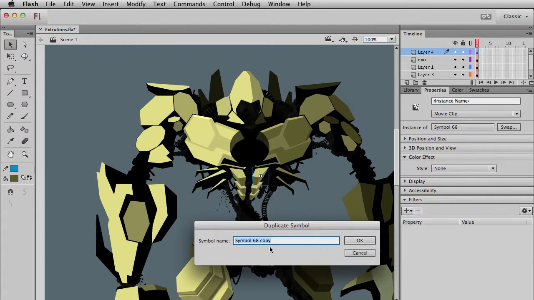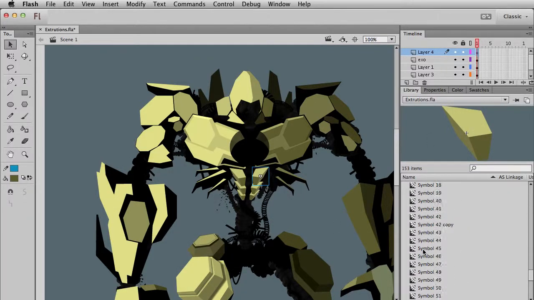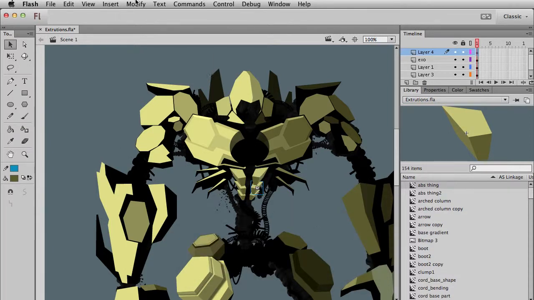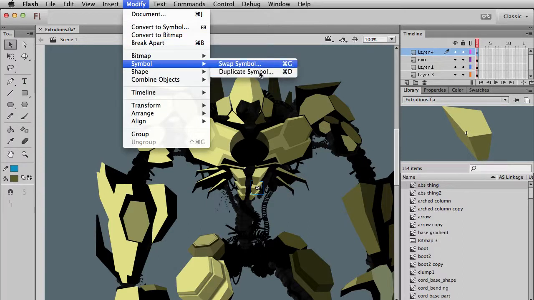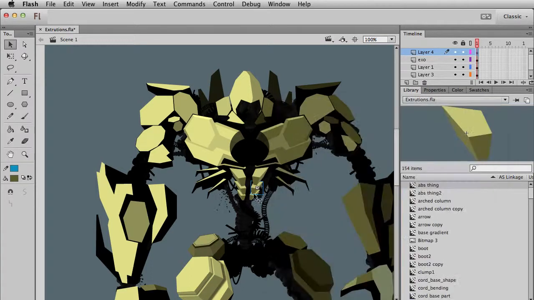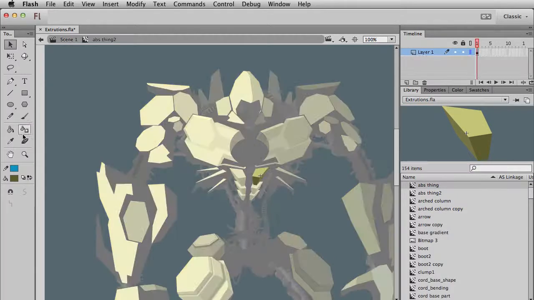Let's duplicate these guys. Let me change this in the library and the symbol. What is that? Symbol 68. Doing a great job of labeling things, aren't I? 68. Call this kind of ab thing. Abs thing. That's a good name for it. And then that way, when I duplicate this, I'll go abs thing 2. And then these ones, I'm going to go to swap symbol. So it's just over here, symbol, swap symbol. I have a hotkey for it. But it becomes easier to just select that and that. Okay, and now